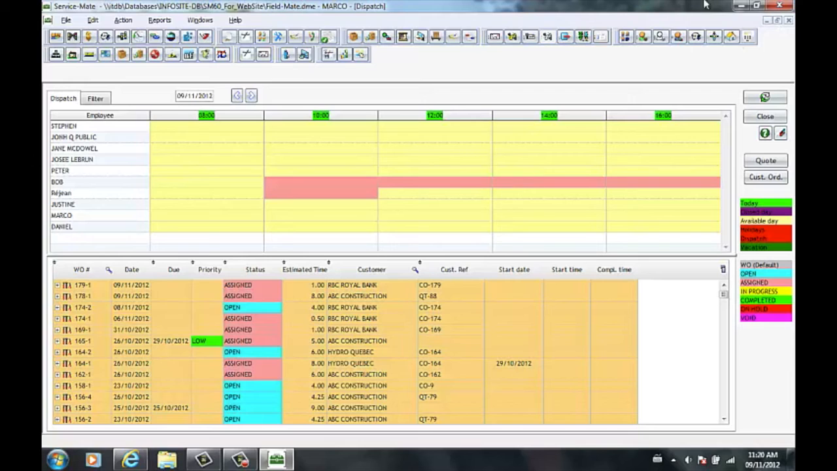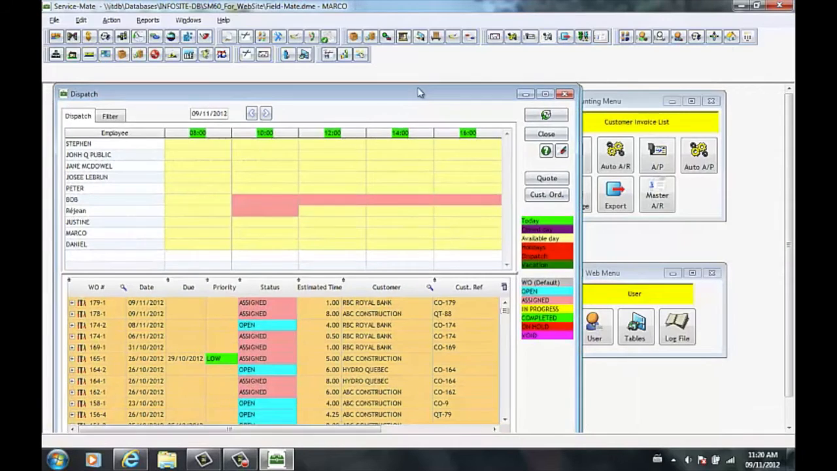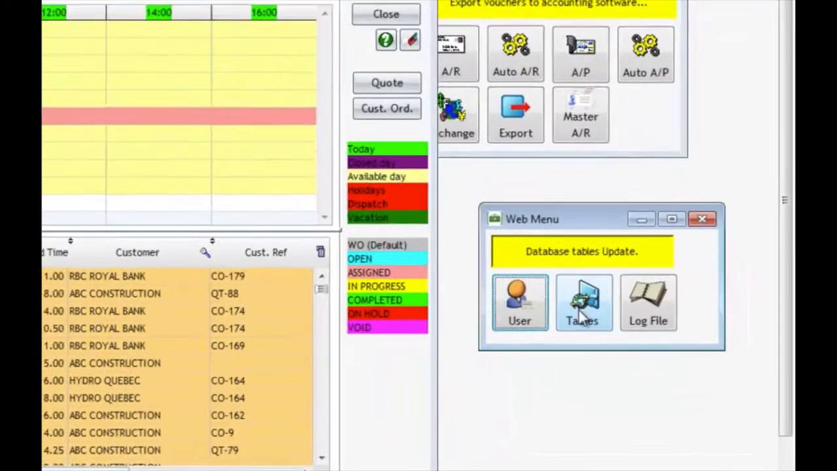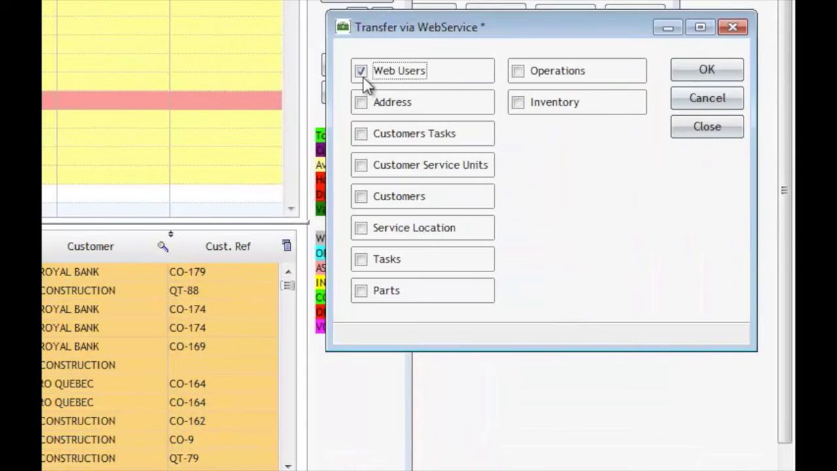If you are interested in Service-Mate Mobile, the process is quite simple. Throughout the day, what's going to be happening is we're going to be setting a timer in your web menu. And what that timer is going to do is automatically refresh everything that needs to be transferred over to the mobile devices of any of your workers. So as you can see,